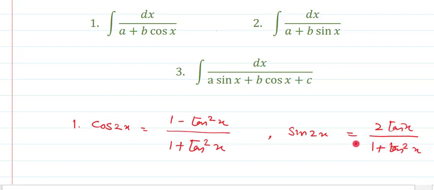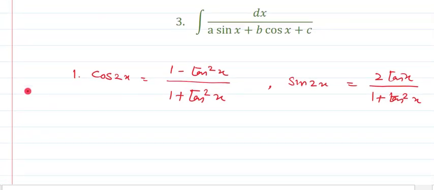So, we will use only these 2 identities in all the 3 problems. The only change is that instead of sin 2x and cos 2x, we are having sin x and cos x, and that you know very well because you are intelligent enough. As in the case of cos x, we will take the angle as x by 2 over here as well as over here. So, how to do the changes? Let me explain it for you.